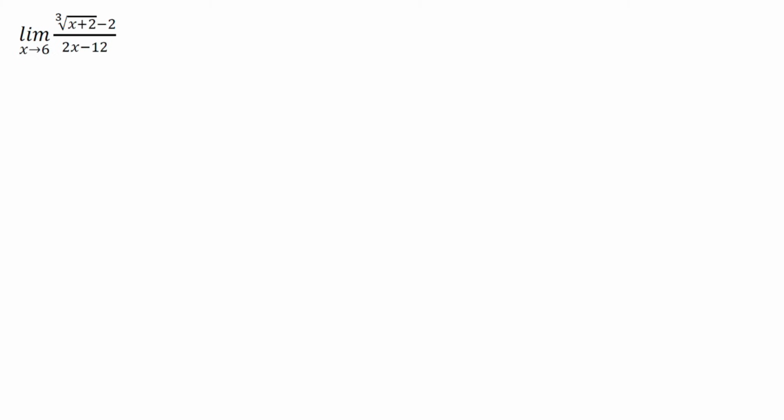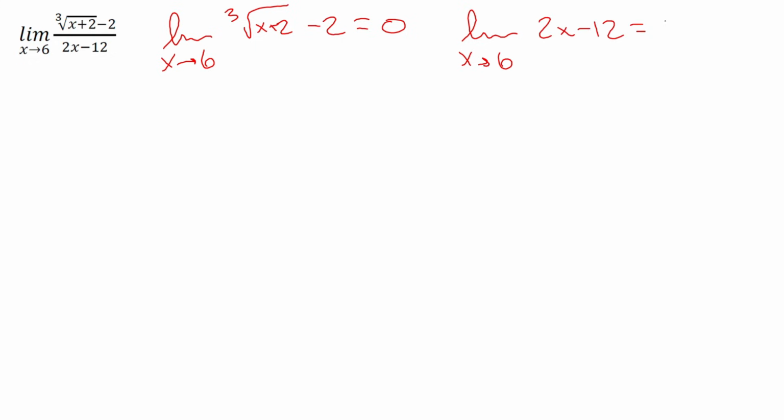All right, our next one here, we have the limit as x approaches 6 of the cube root of x plus 2, minus 2, over 2x minus 12. So we've got two options here. One option is to do a u substitution for the cube root of x plus 2, but I think that's kind of overkill here, because if we do the limit as x approaches 6 of the cube root of x plus 2 minus 2, we get 0. And if we do the limit as x approaches 6 of 2x minus 12, we get 0. So we might as well just go right ahead and use